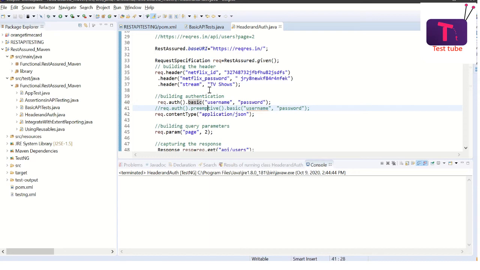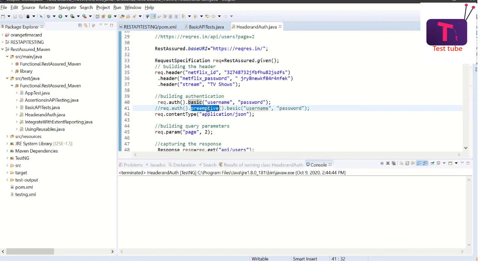In step two, it is going to see what authentication parameters have been passed, validate them, and then accept that API. So it is always a two-step process. But when we use preemptive, what it means is, even before the server asks for the username and password, preemptive will instruct that this request has already come with the username and password.